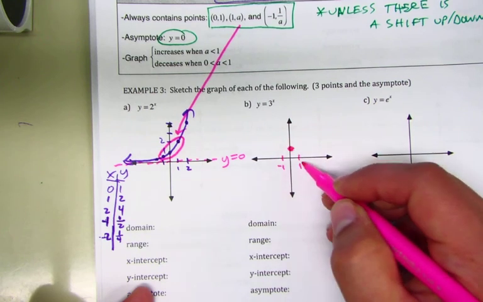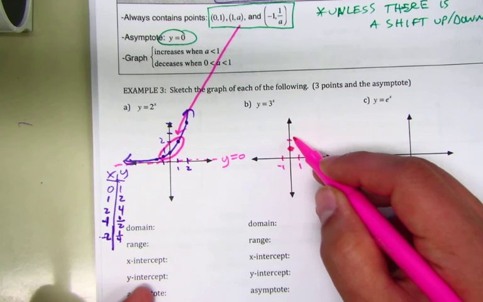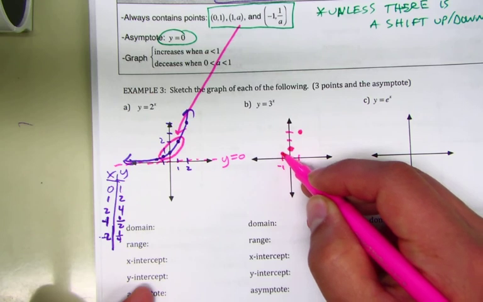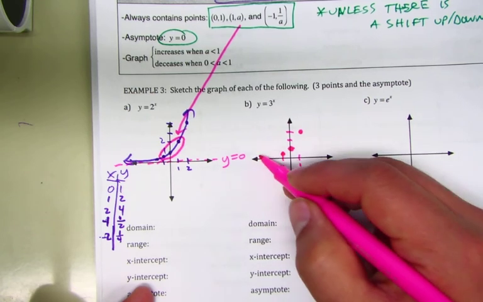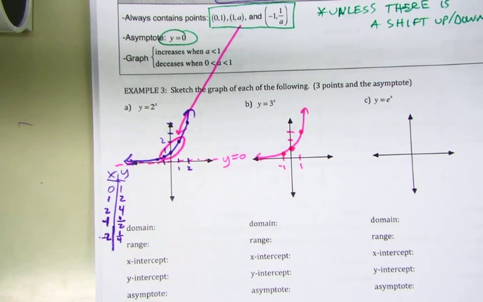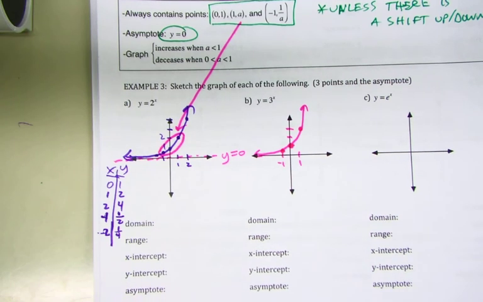0, 1 is one of them. And then 3 over here. And what about over here? 1 over 3, right, 1/3. And this is all I need. You guys okay with that? Yeah. Okay. Now on the calculator,